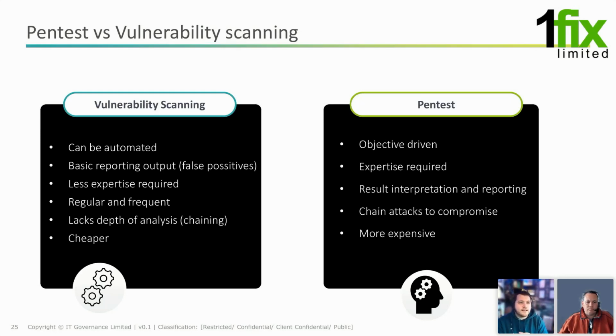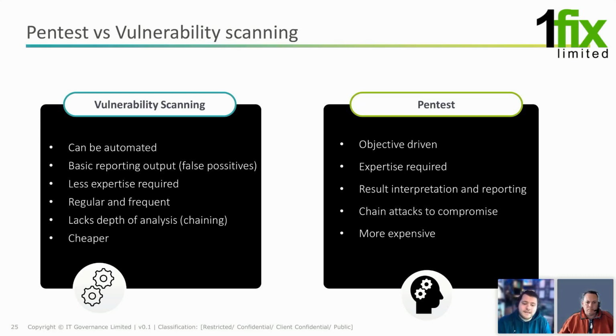So that means you can't see chaining of vulnerabilities. You don't have the human element to see. A vulnerability scan may say this is a low-level risk, and a pen tester may come in and go, that's low, but because of this and this that you have, this now becomes a high, and we'll show you why. And a vulnerability scan is often cheaper because you're running the tool, either commercial software or open source, and there's